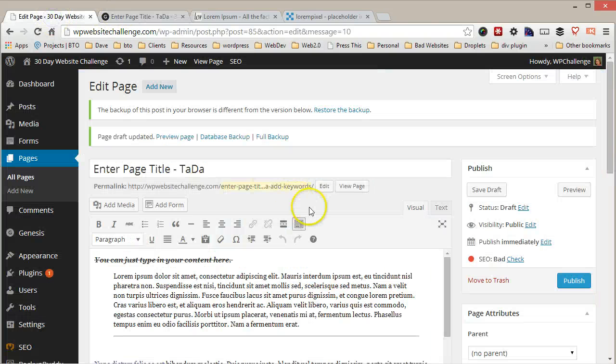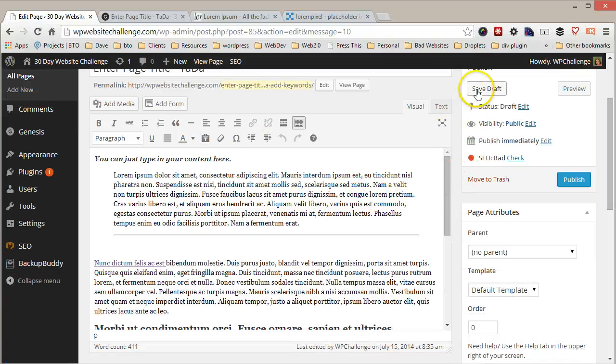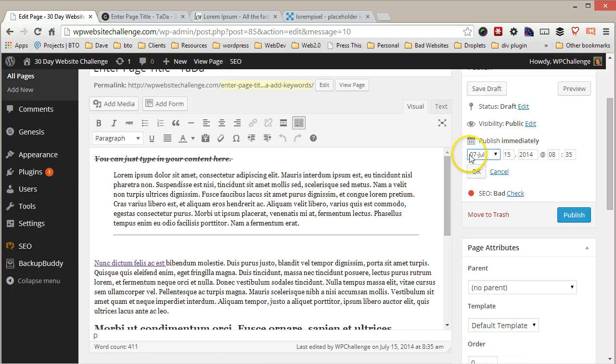So let's go back into our editor. So now we have this, so we can either save it, continue working on it and keep saving it as a draft, or we can publish it so that it will be live immediately. The other option is to schedule when you want it to be visible to people. So you're working on it, great, but it's not actually needed until tomorrow. You could change that date